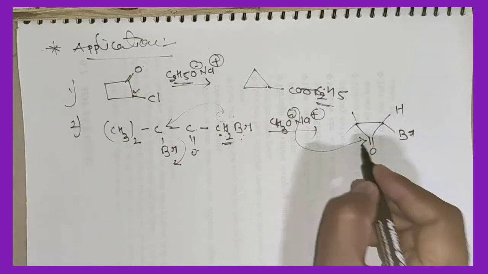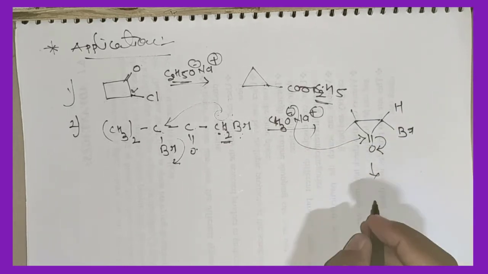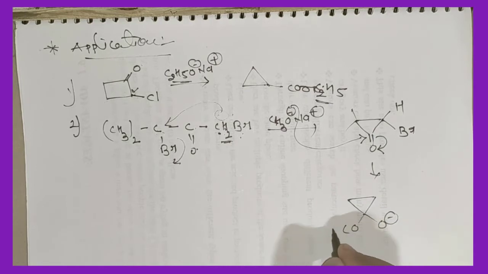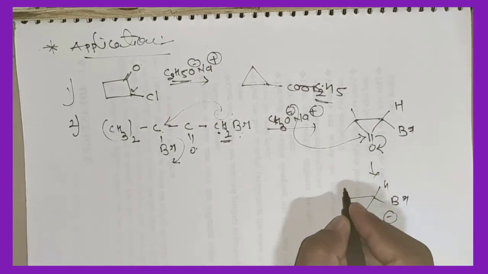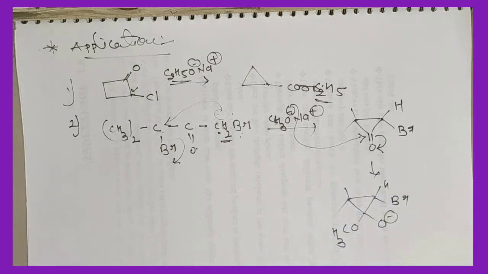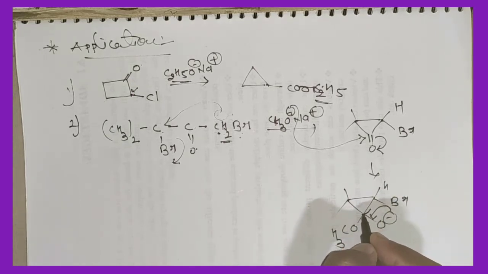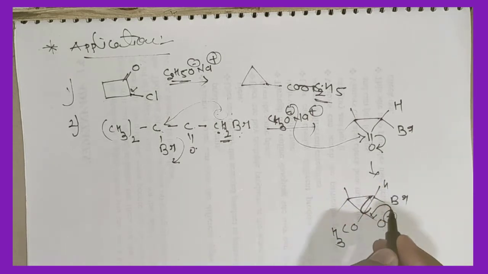That's why it attacks this carbonyl carbon. This bond transfers to here. So one more functionality is there. Here O minus, here OCH3, here H, here Br. 2 methyl groups are there. Okay. Important thing is here. In general, this bond transfers to here, this bond transfers to this carbon, right? This carbon. But as you know that here, instead of carbon removal,